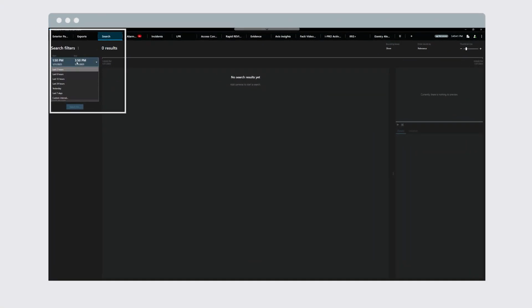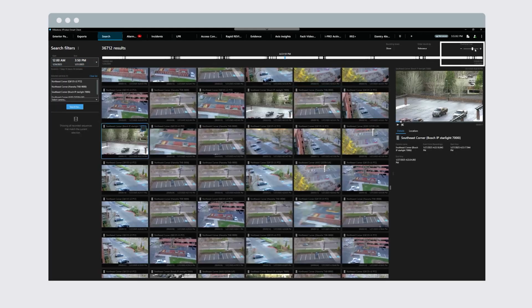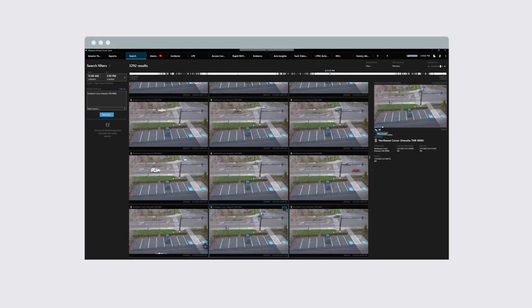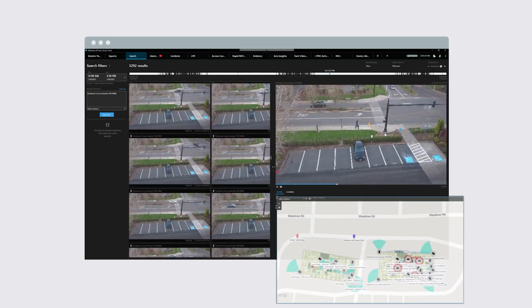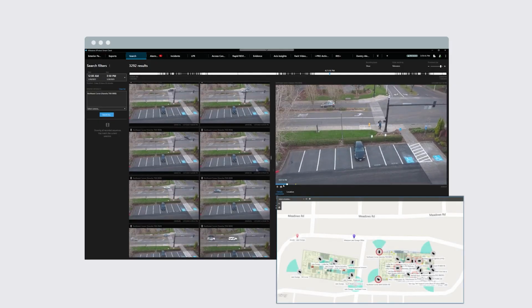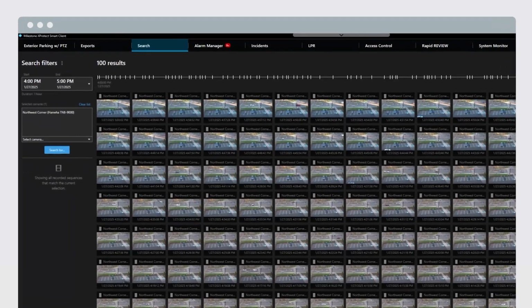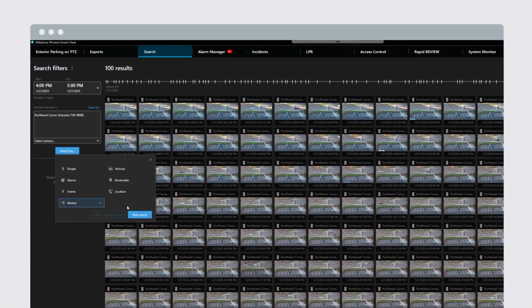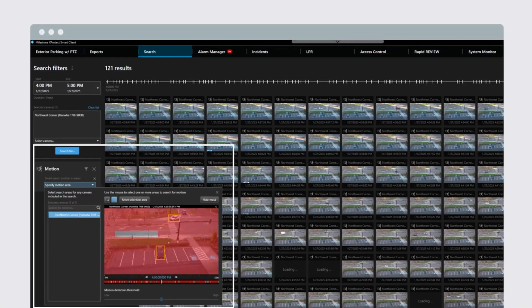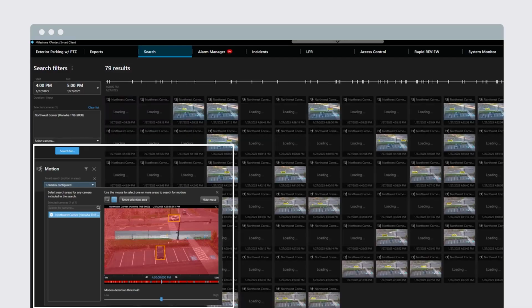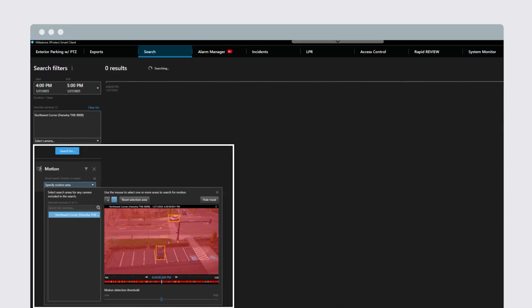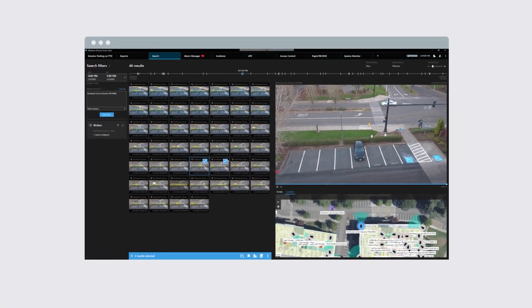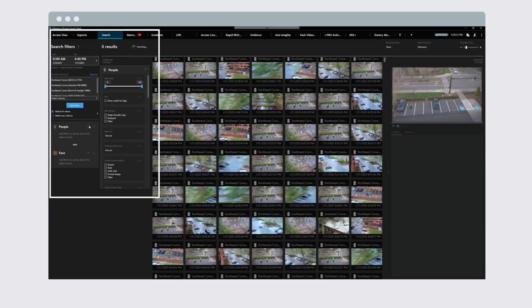So out of the box with Milestone, with any camera connected to it, no matter how old, you can do a quick and efficient thumbnail search from this tab. And then you can refine those searches by time periods, but also by motion. So you can draw a box, any pixel changes in this area, show me. If you're looking for a laptop that was stolen off of the table, you can draw a box on the table where that laptop was, and Milestone's going to deliver all the results of when there was movement or any activity in that area to quickly find and break free from the rewind and fast forward that we still see a lot of customers doing